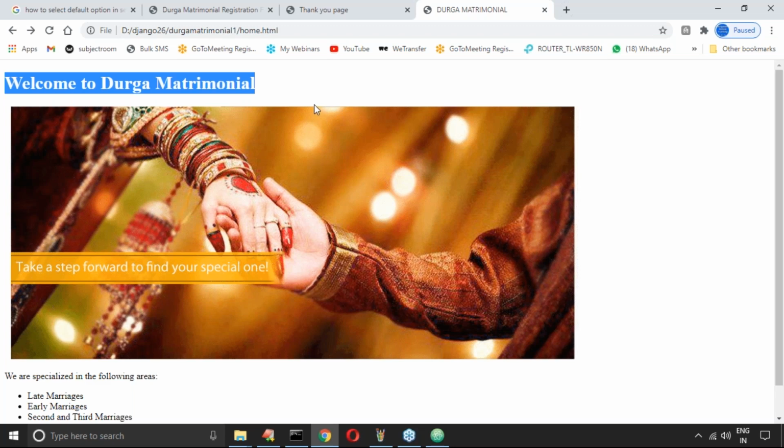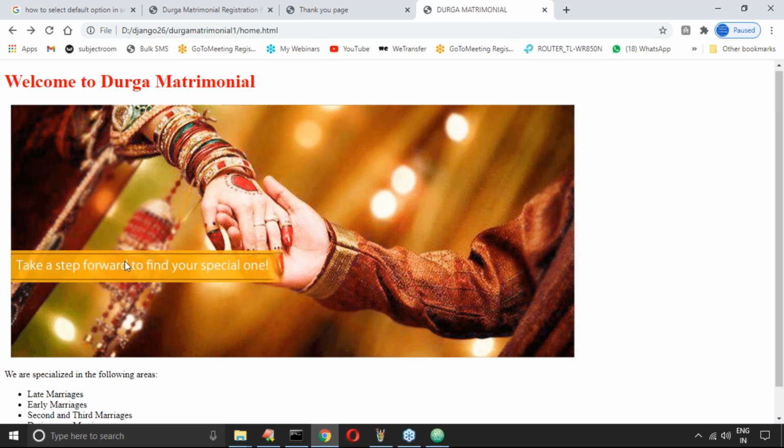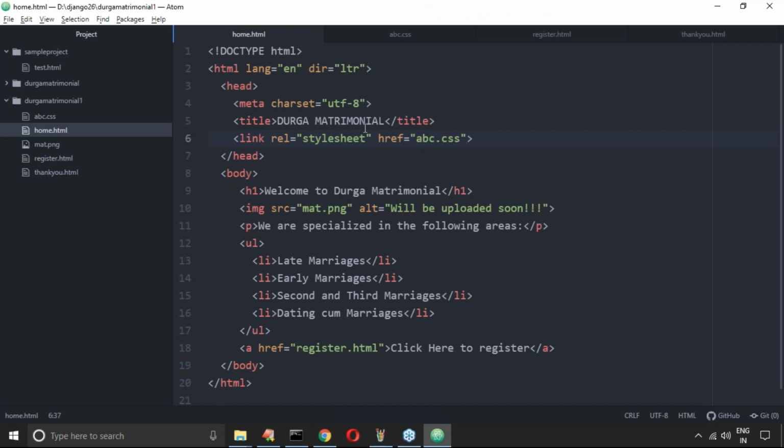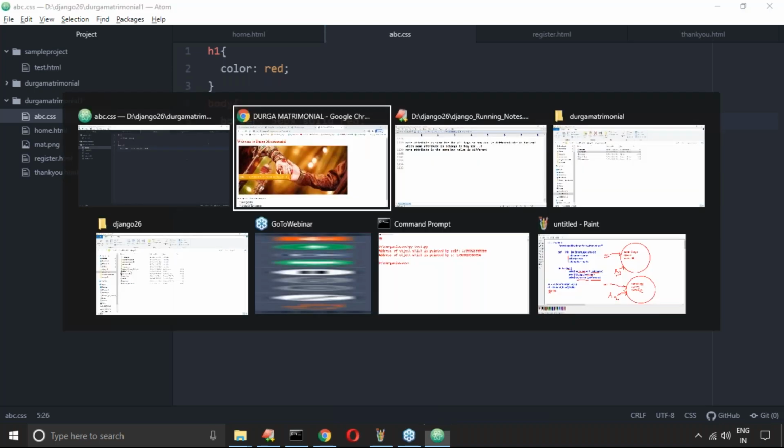Now my question, sir, is that for the body I want some green color kind of thing. Here just have a look once, abc.css. So for the body, I want to give a border, some 50 pixel solid red. I want to use this one, sir, 50 pixel solid red.